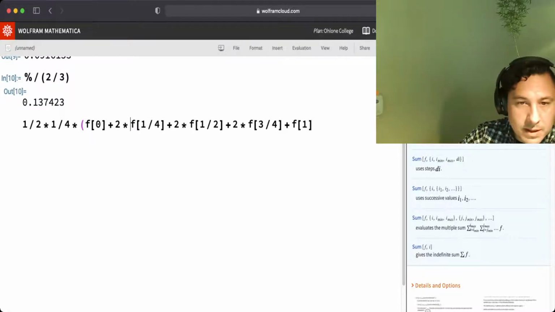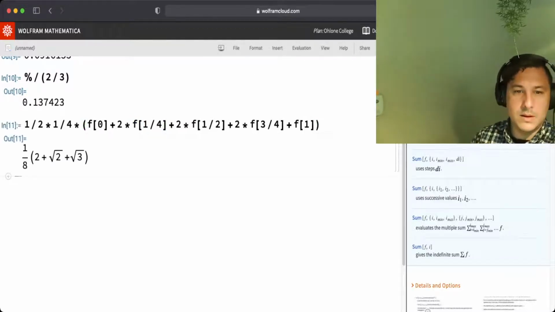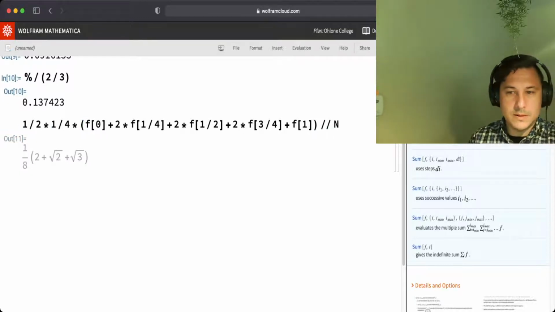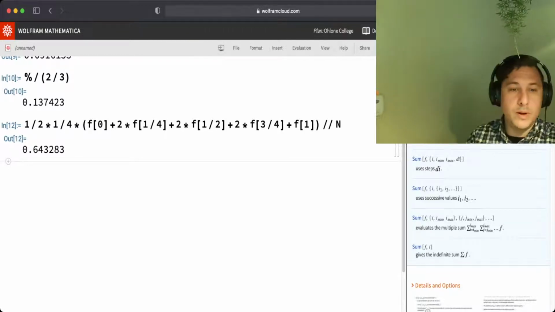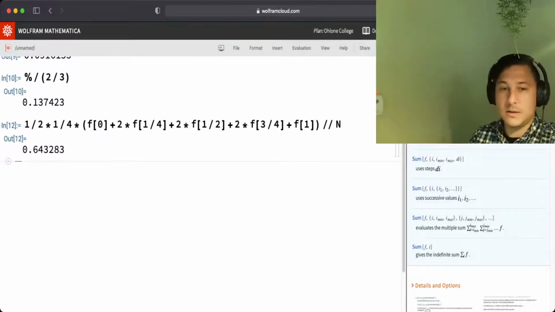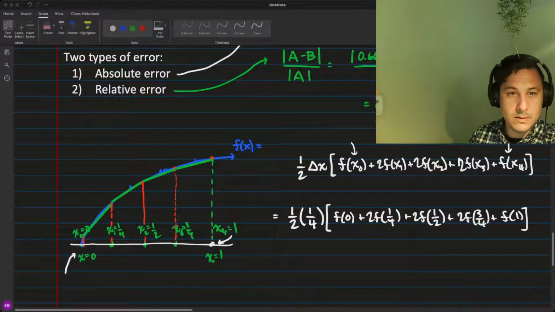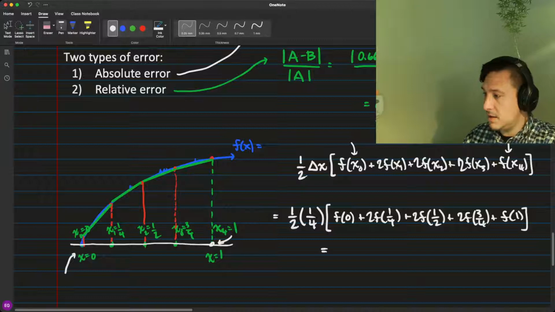Let's put in the multiplies. Okay, apparently, what does all that add up to? That, but let's turn it into a decimal. You get 0.643283. So let me switch the screen back. Okay, so all this becomes